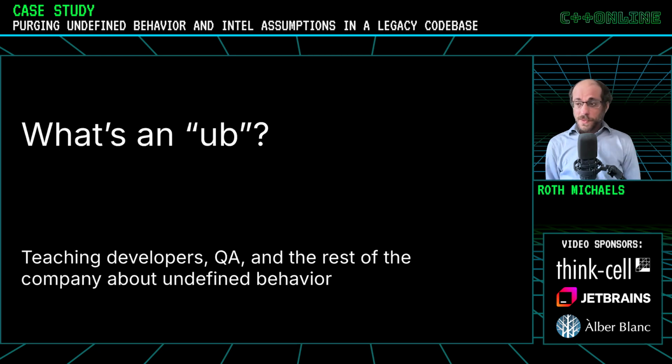We fixed that bug. And then talking about education, at some point we were talking about UB in Slack on some issue, and one of my colleagues, one of the QA engineers, asked me, what's an UB? And so now we affectionately call UB UBs sometimes at work. And the point was to teach the QA engineers as well, when they see mysterious stuff happen, to alert us of this risk of undefined behavior, because there are some other strange things QA see sometimes that they're not sure whether to file or not, when it sometimes happens, sometimes doesn't.